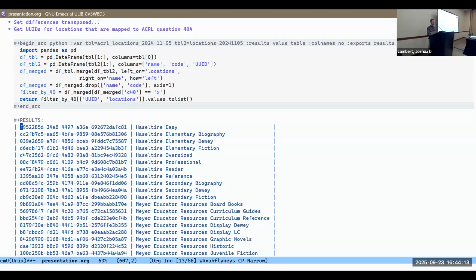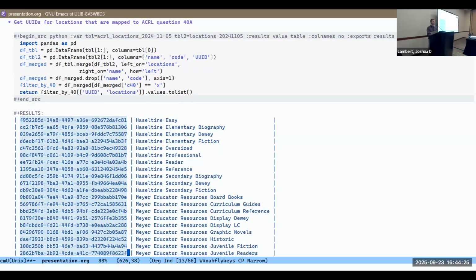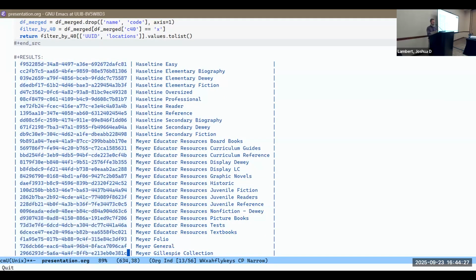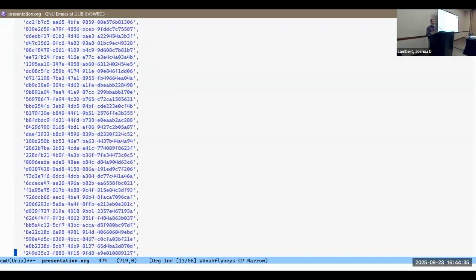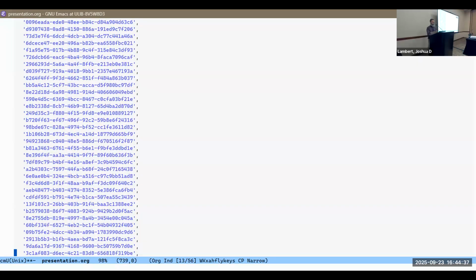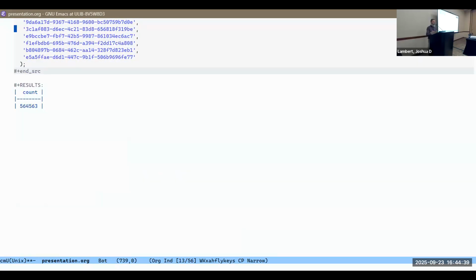And I do that. Essentially I have to create the query outside of it, and I can just copy and paste these. Some of you probably know what a rectangle copy is, so I'm just highlighting all the UUIDs, copying and pasting them into last year's code block, getting rid of the old UUIDs, putting the new ones in, and then at the end of this is the result, count